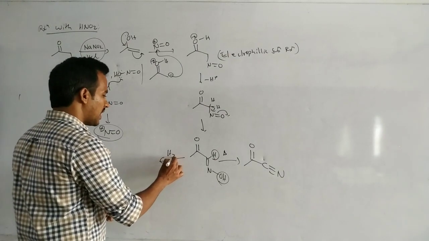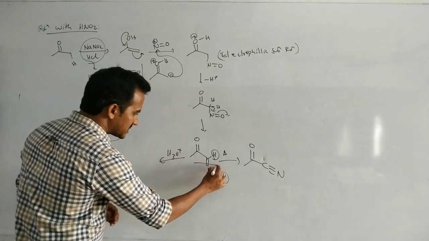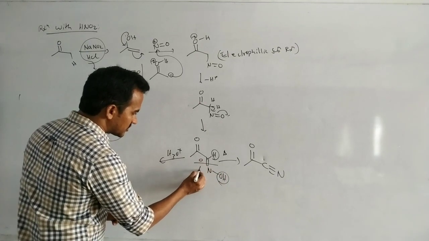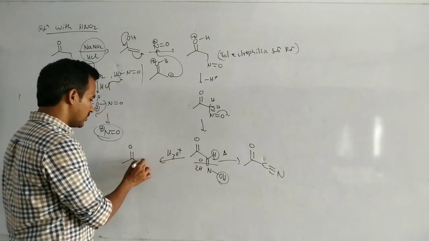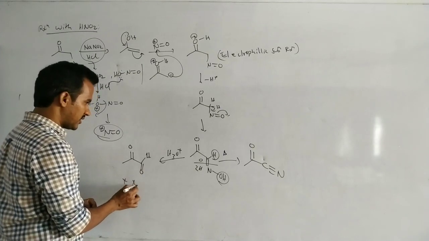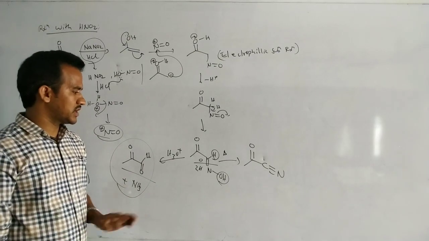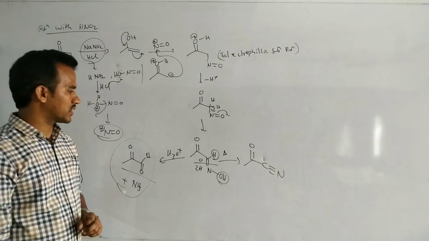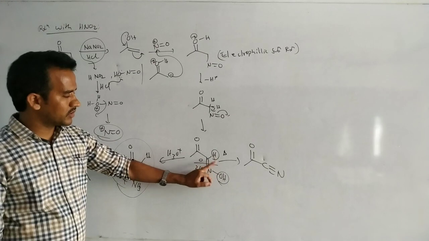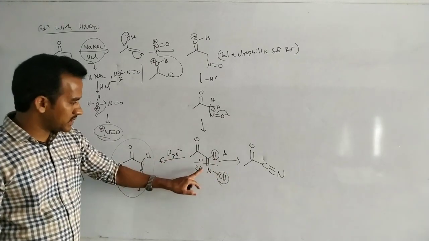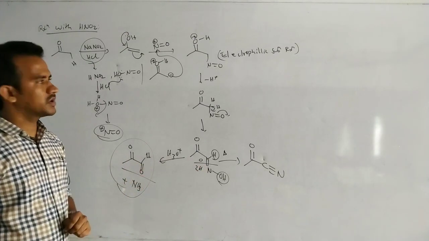Now suppose this one undergoes hydrolysis, adding aqueous acid. Here hydrolysis takes place. This one combines with oxygen, this one with two hydrogens, H2O. So here double bond O, and this is the hydrogen, double bond O plus NH. Okay, a dicarbonyl compound is the product. This is the oxime. So oxime on heating, with water removal, a cyanide is the product. By the hydrolysis, with the breaking of this C double bond N, again a carbonyl compound is produced.